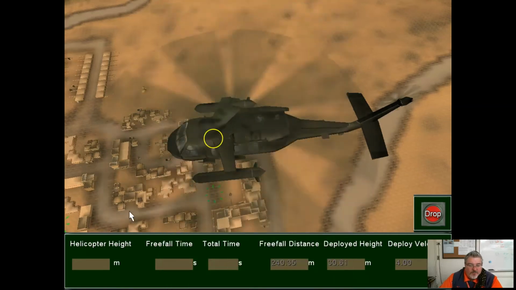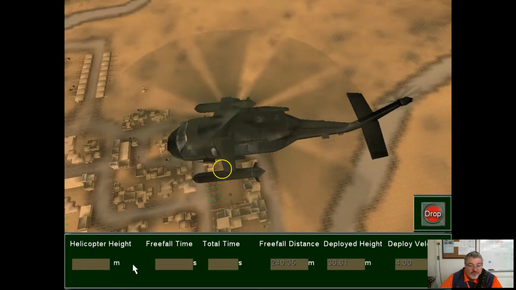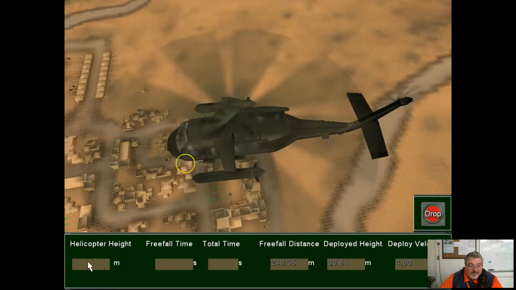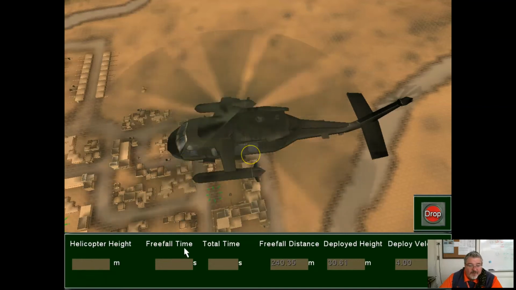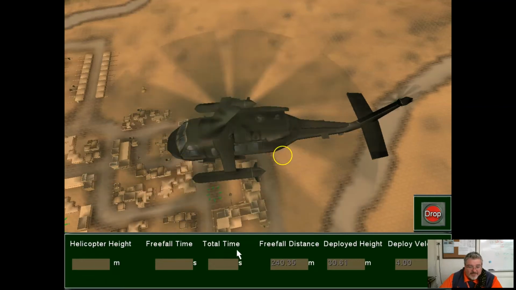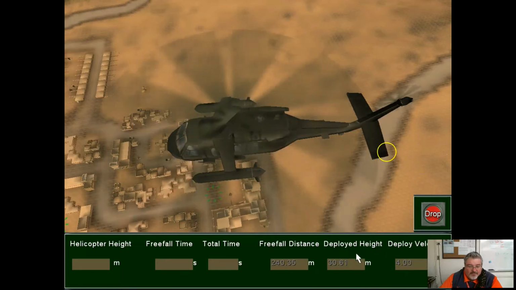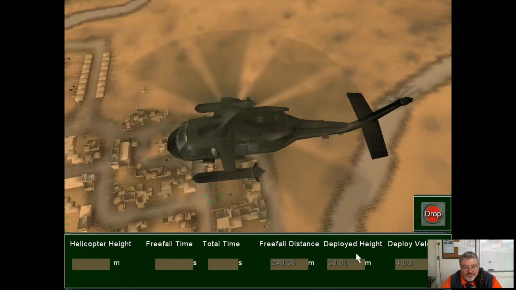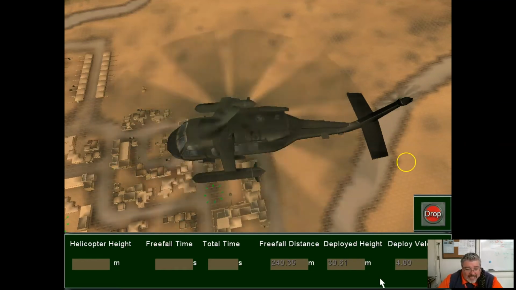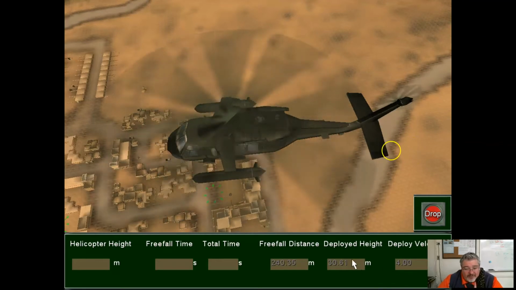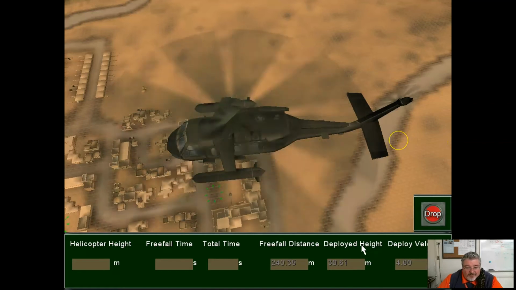So let's see what we've got to work with here. We're going to need the two heights. That's what we'll add together for the helicopter. Free fall time, total time. Well, we can't do total time until we find out how long it takes for the deployed to work. So split it up into two different things, free fall and deployed. Now, they don't ask for deployed time, but we can figure out deployed time because we have deployed velocity and we have deployed height,